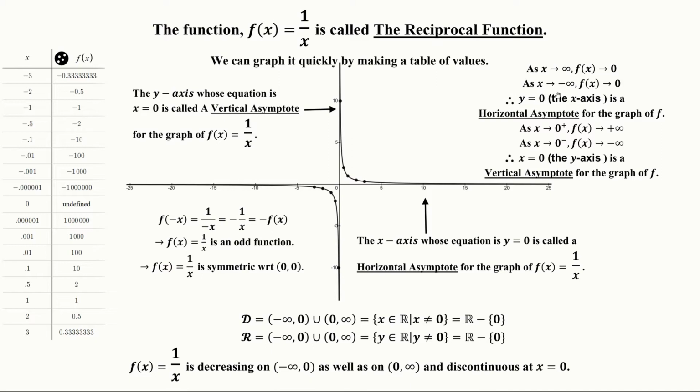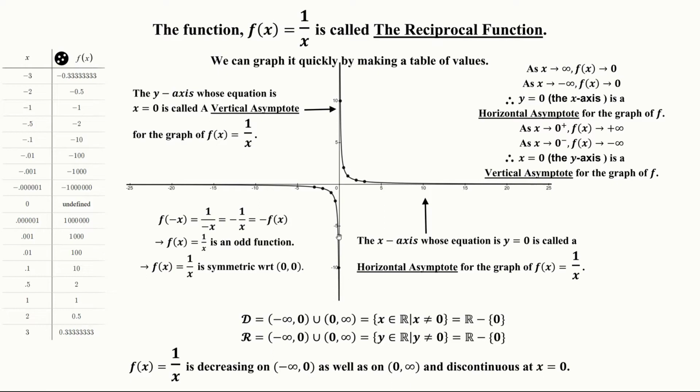And notice the same thing happens as x approaches negative infinity, right? Whether you have 1 over a very large number which is positive or a very large number which is negative, then in both scenarios, 1 over that number is going to approach 0. And that's why the x-axis plays the role of a